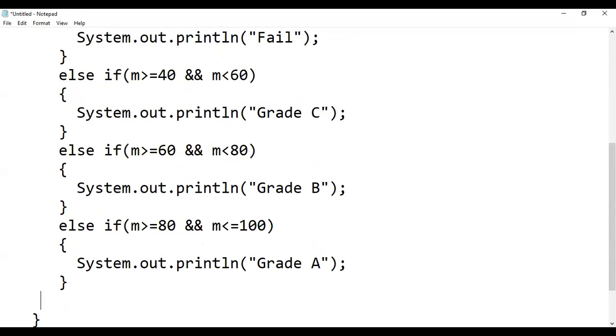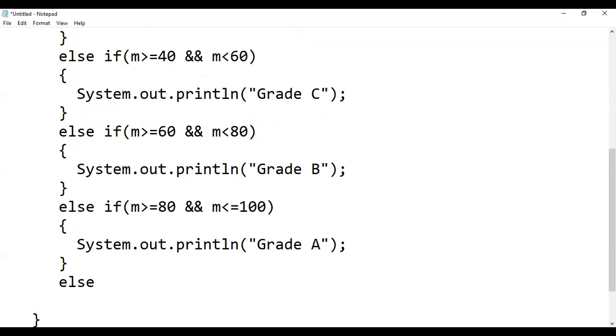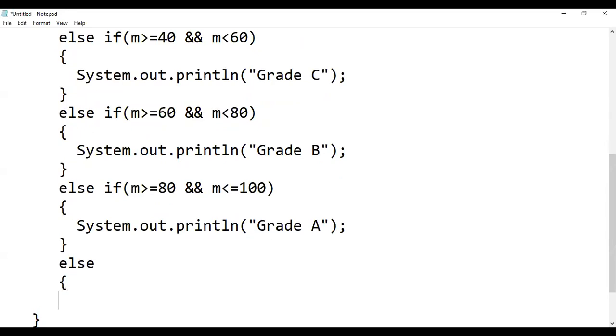So now after writing all conditions, there must be an else part. So in else part, we want to display invalid value, because a student can enter less than 0 or more than 100. That is invalid values.